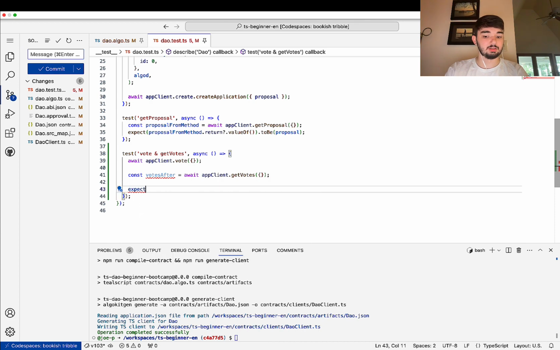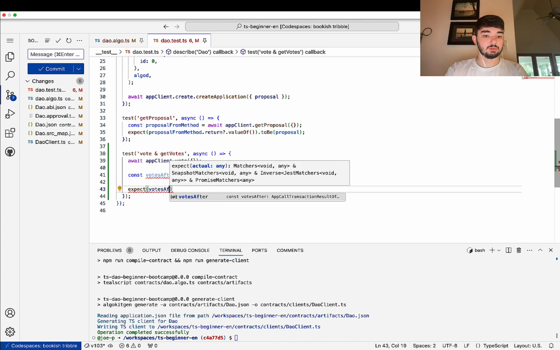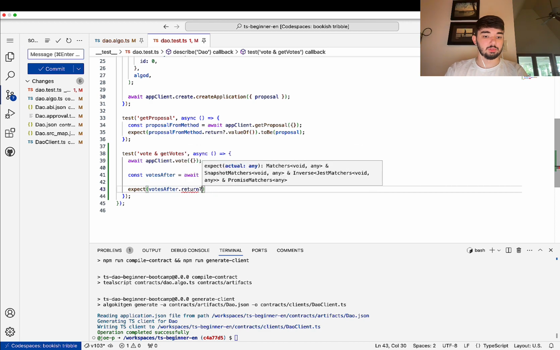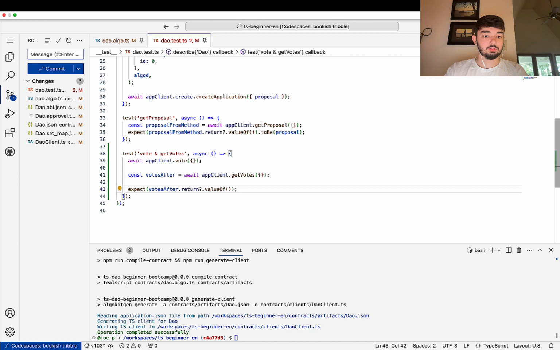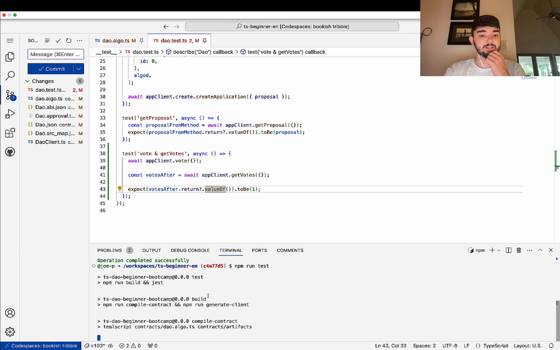We expect votes after dot return dot value of not to be 1. Okay, so if I go ahead and do an npm run test,